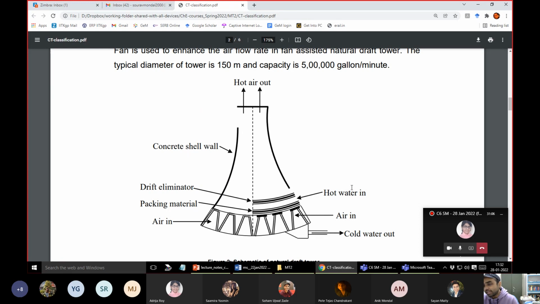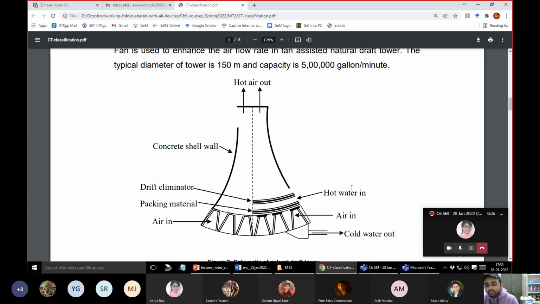So let us first understand the natural draft. Then I will explain what is the atmospheric draft. They are essentially the same, but the design is a little bit different. In the case of the natural draft, the base of this cooling tower is really big and wide so that it can accumulate or suck in a lot of nearby air, right?